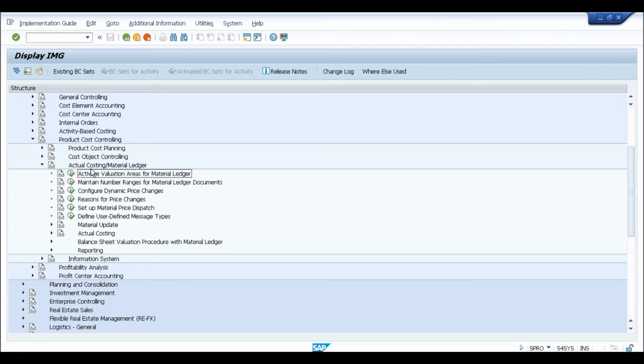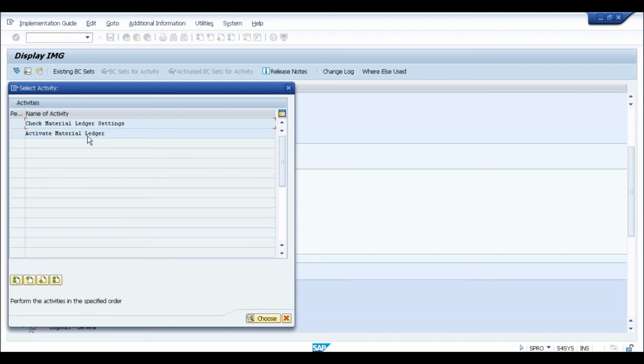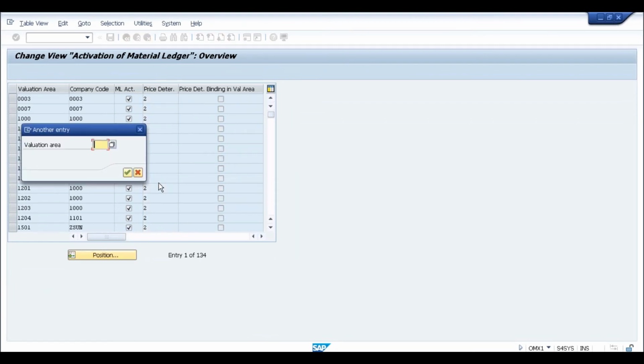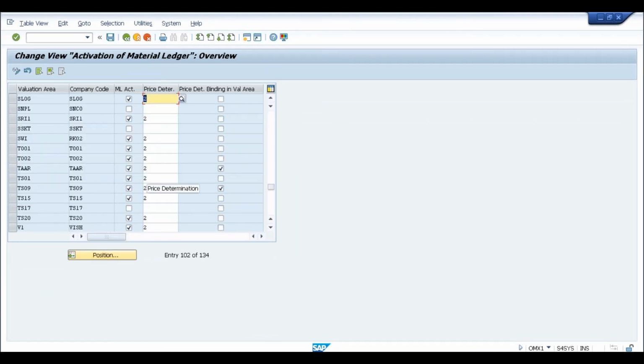But if it is only from the technical point of view that you want to do it, it is only one step. You just come here to activate valuation areas, go to activate material ledger, and here you go for your valuation area. I don't know if S-log is available here or not. Yes, it is. So you just need to click on this material ledger activation, and this price determination should always be 2.